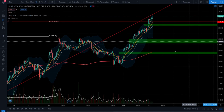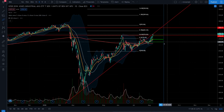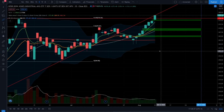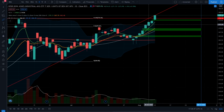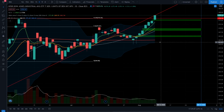So let's jump over to the Dow Jones Industrial, and we see that the Dow Jones is having absolute monster gains as well, with a very bullish explosive move to the upside. Now the Dow has been leading the way with the industrials, and it actually closed up higher than the S&P 500 and the Nasdaq 100, so it's showing that industrials are starting to see a rotation and money possibly leaving technology and heading into industrials. Now this is great news for the S&P 500 because it means its gains are no longer only dependent on health and technology,